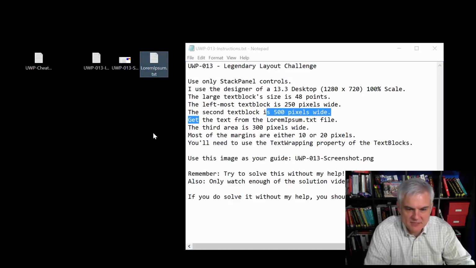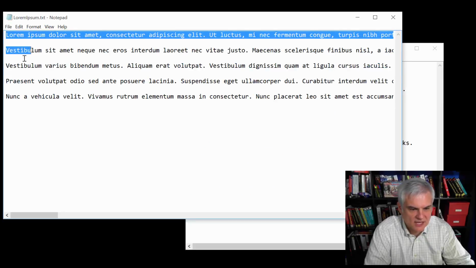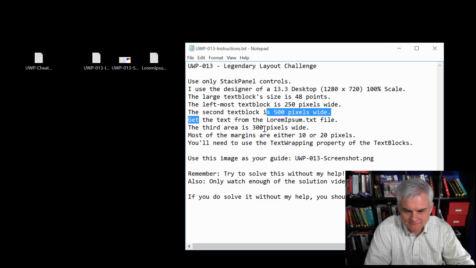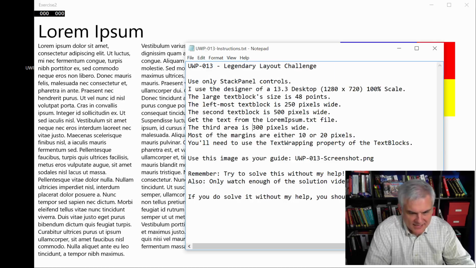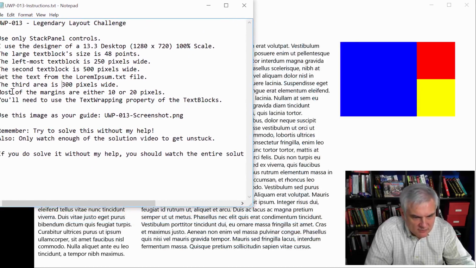columns from this file that I'm supplying called loremipsum.txt. Just copy and paste what you need in there. The first one I think only needs these 2 lines. The second one that's larger, wider, needs these 3 lines in order to flush them all out. Okay. Let's go back here and then take a look at the next instruction, which is most of the margins are